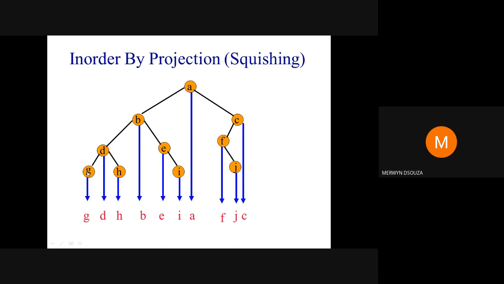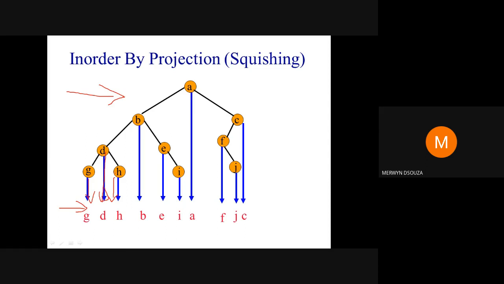So this node, when you go from the left hand side, is the first node. Okay. As we are going from the left to the right, we are going in this direction. This is the first node. Project it down. This is the second node. This is the third node. Okay. I'm not talking they are on the same level. They could be on different levels. But as I'm going in this direction, G is the first node that I find.